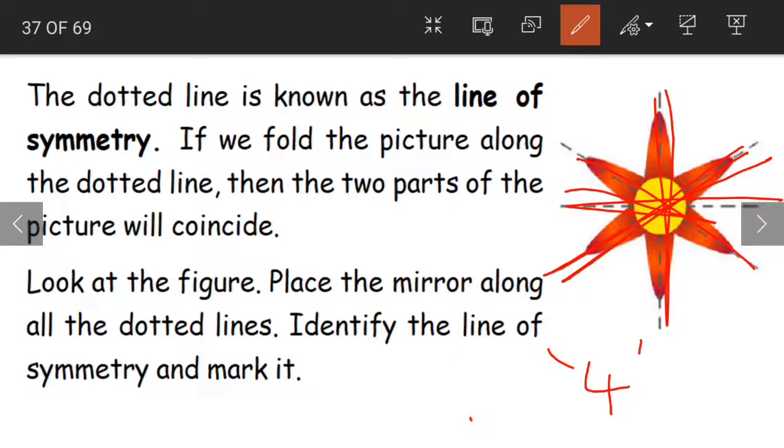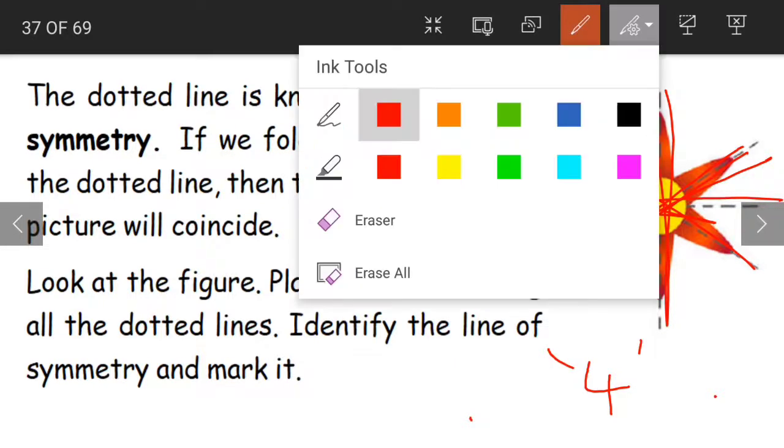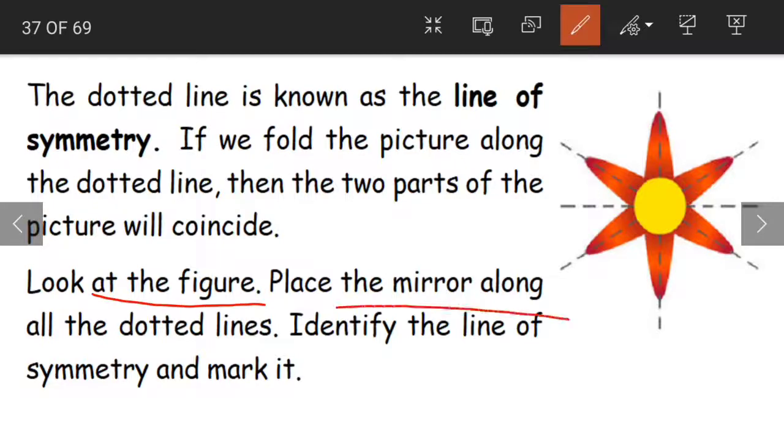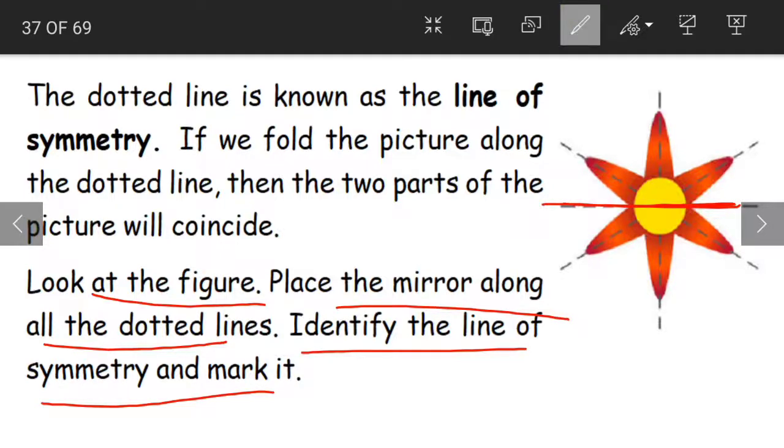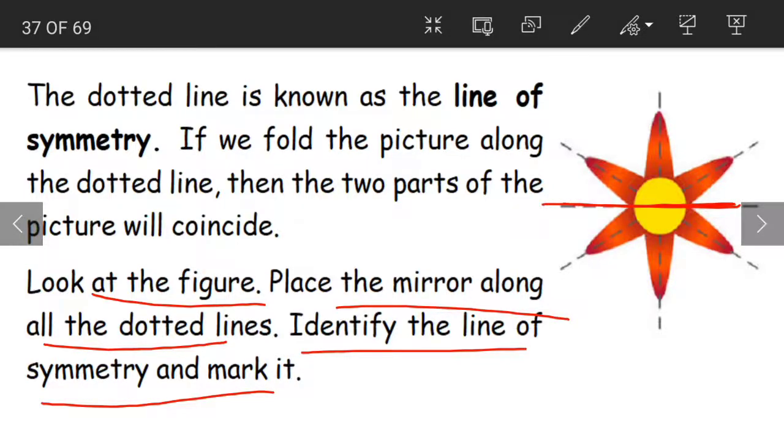It can have more than one line of symmetry. Now look at the figure. Place the mirror along the dotted lines. Identify the line of symmetry and mark it. Yes or no? When we place the mirror here, if you have any small mirrors with you, children, you can